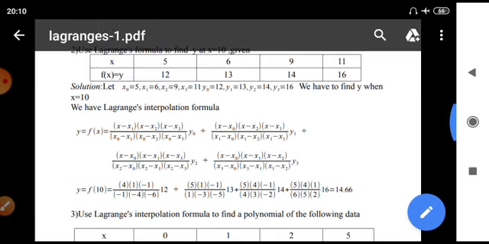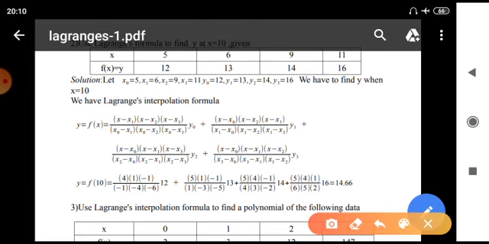Now the next term, that is x minus x naught, again 10 minus 5 is 5, then x minus x1, 10 minus 6 is 4, then x minus x3, 10 minus 11, which is minus 1, whole divided by x2 minus x naught, that is 9 minus 5 is 4, again x2 minus x1, 9 minus 6 is 3, then x2 minus x3, 9 minus 11, which is minus 2, multiplied by y2, which is 14, plus the last term,